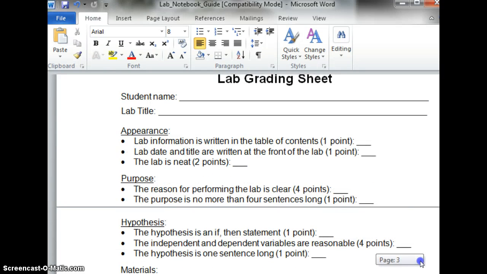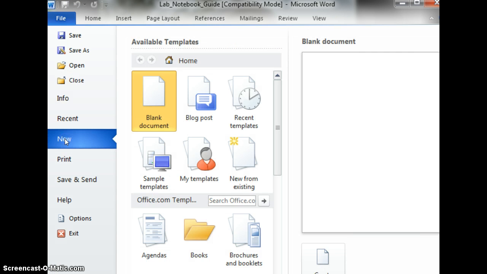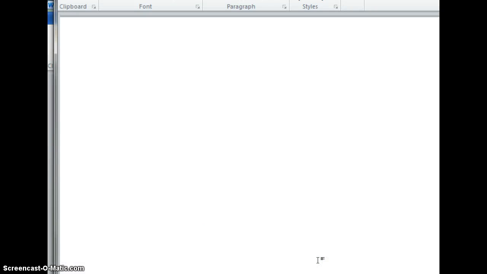Okay. Now, in order to type your lab report on Microsoft Word, first of all, you need to go to your program, to your Windows, and look for Microsoft Word. And when you look for the Microsoft Word, you should see it looking like this. Pretty much the Microsoft Word window looks like this. Okay? And you will see there is a file here. So just click File, click New, okay, and click Create the blank document. And then you can type